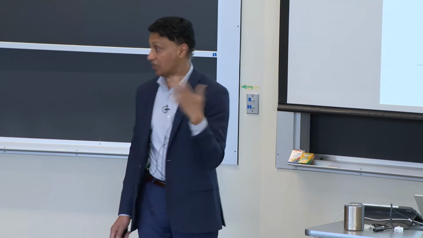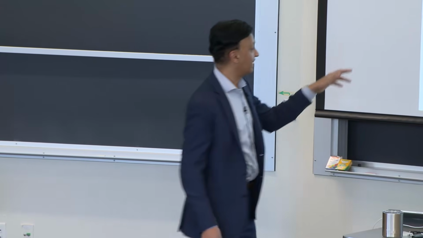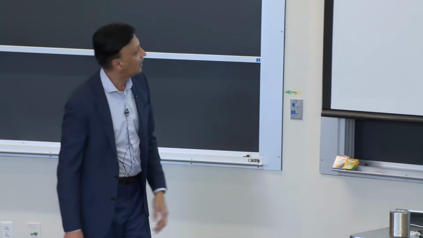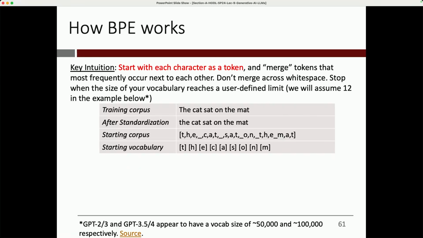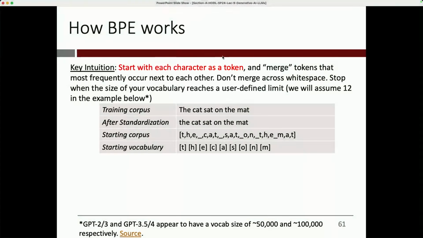And BPE is one such way to figure out how to actually construct this vocabulary from a training corpus, right? And by the way, when I say characters, this will include not just uppercase, lowercase, alphabets and numbers. It will also include punctuation, so that all these things just become atomic units. All right, so the way BPE works is that we're going to start with each character as a token, and I'll talk about the rest of the thing on the page in just a moment. Don't worry about it. We'll start with each character as a token.